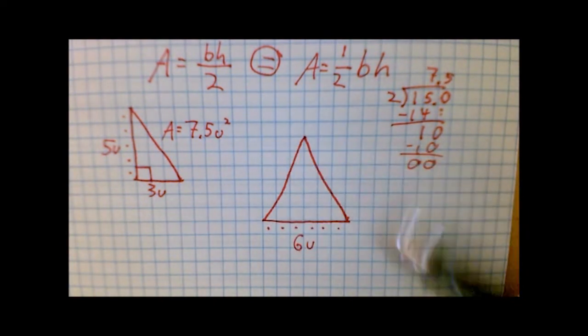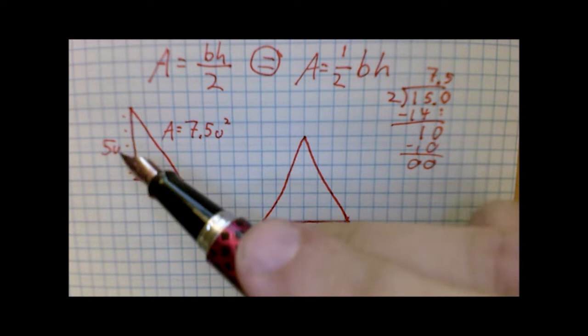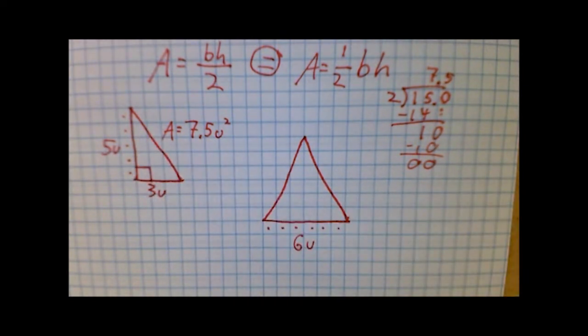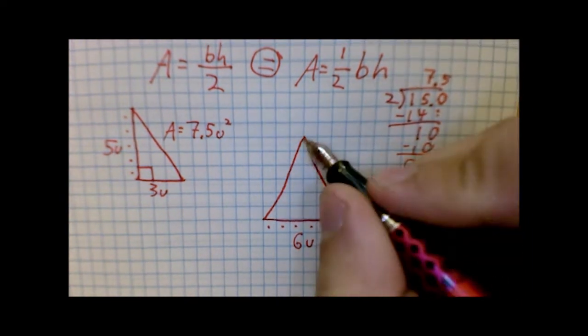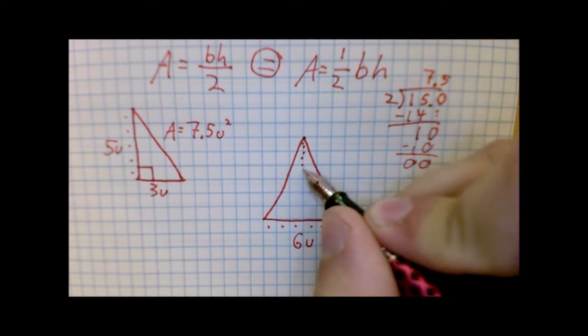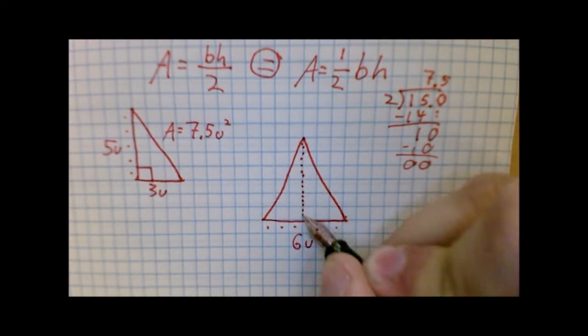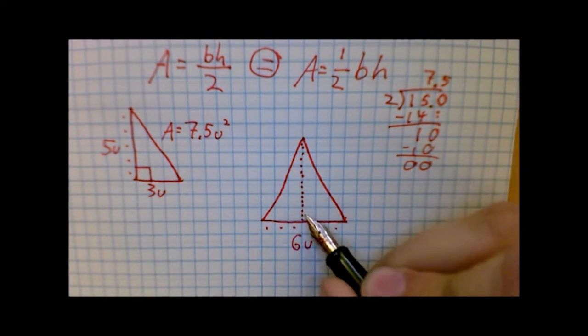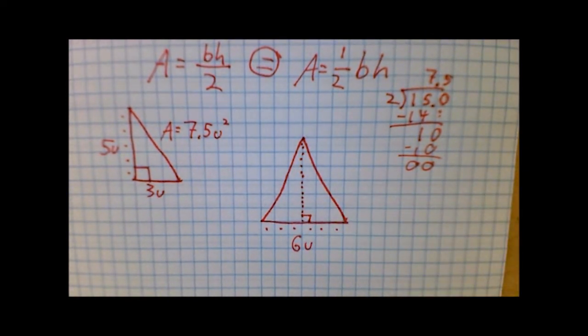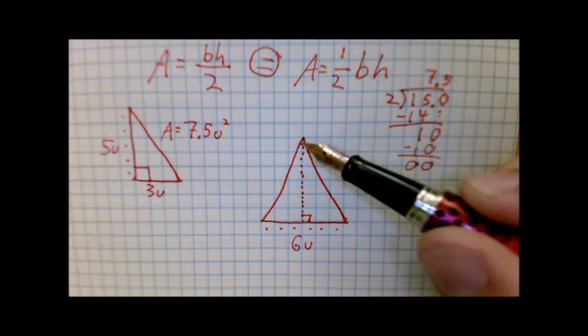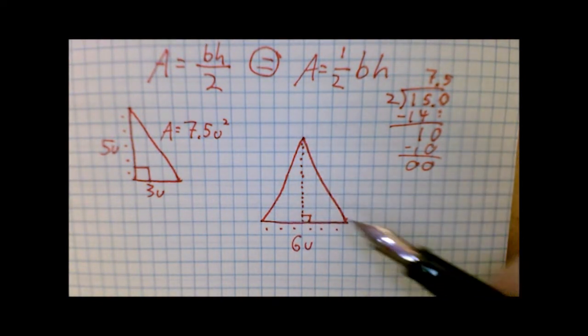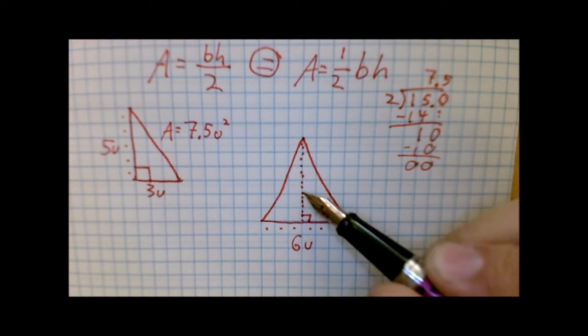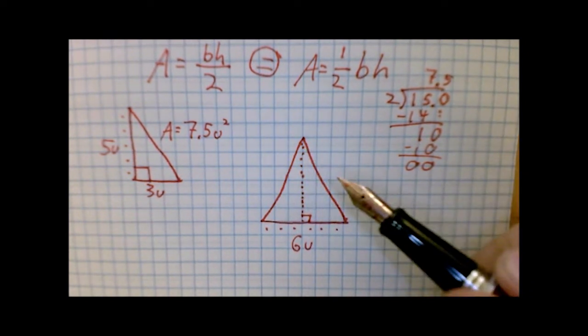Now the height is going to be a little bit trickier because, unlike the right triangle, there is no straight vertical line. At this point, you have 2 options. The option which I would recommend, at least for isosceles triangles, would be to draw a line straight down the center and then indicate that it is a straight vertical line from the base using a right angle mark. Now you could count that vertical line, which gives me a height of 1, 2, 3, 4, 5, 6 units